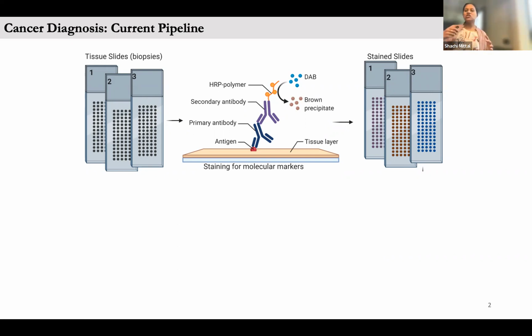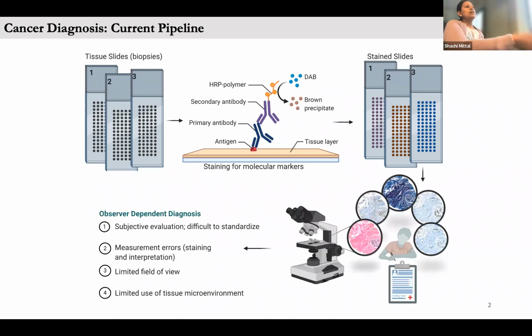So when a patient comes in with a suspicious lesion or a suspicious area that they think is cancer, part of tissue is taken out from that patient. So tissue is a 3D blob, right? Then that 3D blob is sliced, and each of those slices are placed on glass slides. Each of these slides are coming from the same patient. Then they are stained by a variety of antigen-antibody interactions to highlight specific molecular markers. And then they are imaged under a microscope, which are visualized by a pathologist or a clinician who looks at